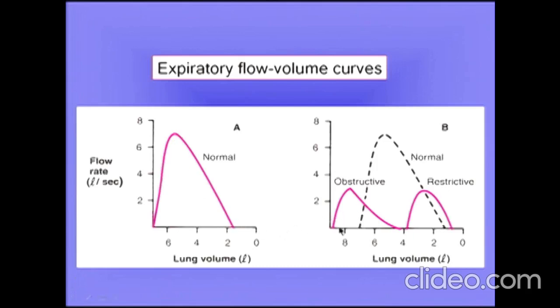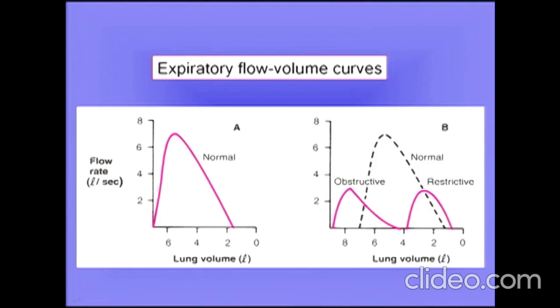And in obstructive disease, first of all, typically you start at a high lung volume, and I should say here that the flow volume curves are plotted in a way that shows total lung volume, but this is not normally available. But it's instructive because you can see that the patient starts at a high lung volume and finishes at a high lung volume, and of course the flow rates are very much lower, particularly during most of the